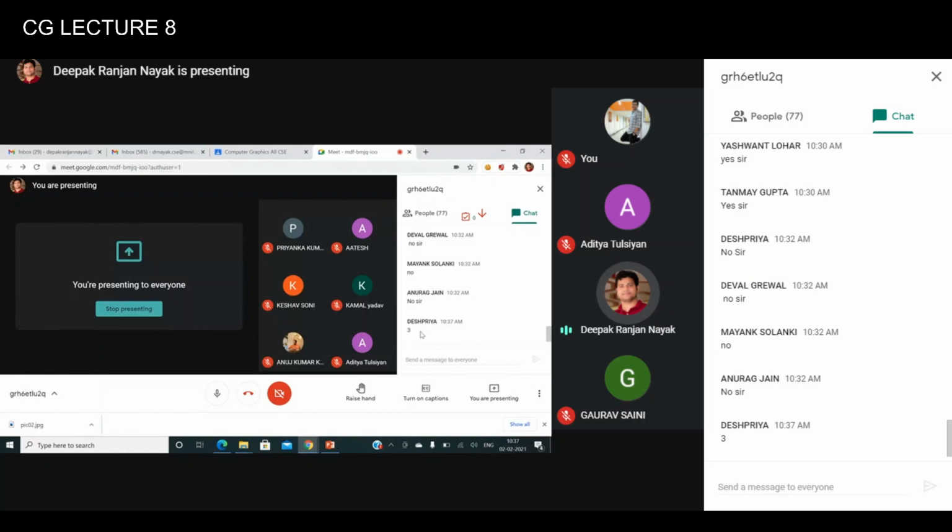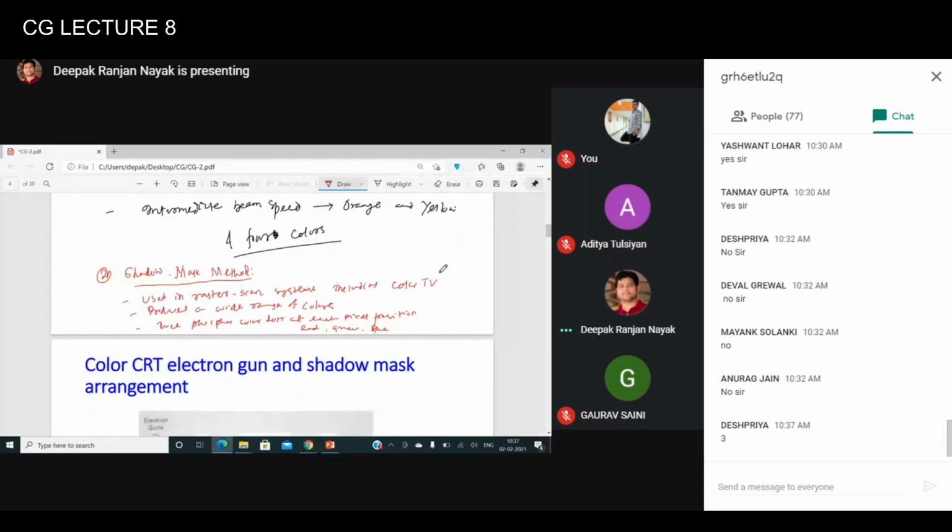Yes, that's what we also discussed yesterday, right? We discussed that there will be 3 different electron guns, one for each color dot. One for each color dot is required, right?